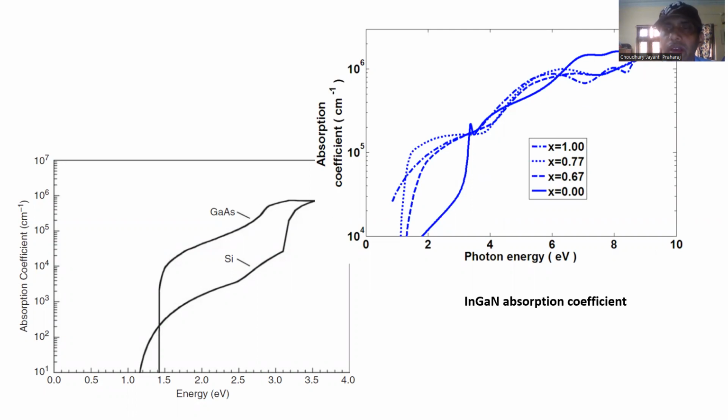Now, typically, the contacts work by having tunneling of electrons and tunneling of holes. If it's N-type, then we have tunneling of electrons across a metal semiconductor barrier, and if it's P-type, we have tunneling of holes across the metal semiconductor barrier. Now, the tunneling has a transmission coefficient associated with it. The higher the transmission coefficient, the better the tunneling, and the lower the voltage drop in these contacts. Now, the transmission coefficient depends on the effective mass of the electron or the hole, the barrier height,